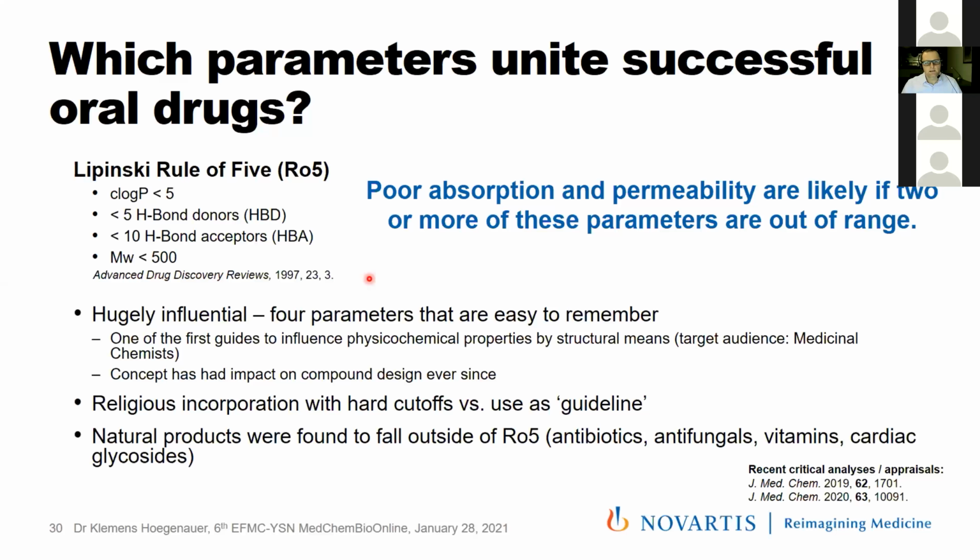And the rule now says, and this is important, that poor absorption or permeability are likely if 2 or more of these parameters are out of range, and this is quite often forgotten. It's become hugely influential. As you can imagine, it's quite easy, with parameters that medicinal chemists can easily relate to. We can design molecules that are based on these parameters, and the concept has had a huge impact. It's been sometimes religiously incorporated, sometimes with hard cutoffs, sometimes used as a guideline, and it's been found that natural products fall outside the rule of 5, and this was an important